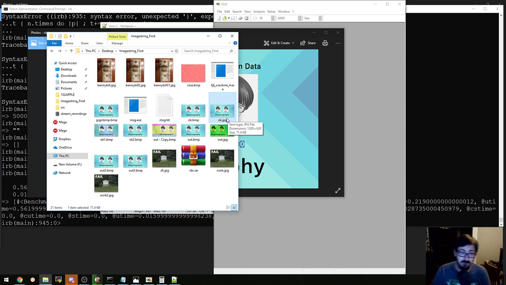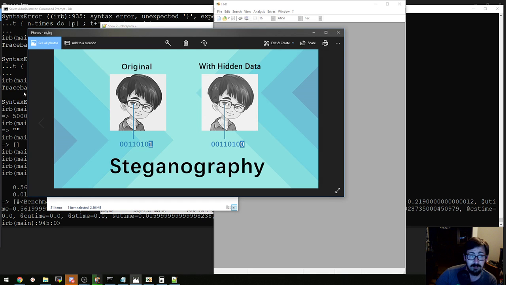I hid some strings in the Benny Bills and wrote a little program to just spit out strings. And then this one, we converted this to a bitmap. So here's the JPEG, here's the bitmap. And now let's hide